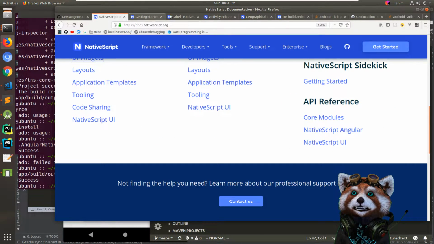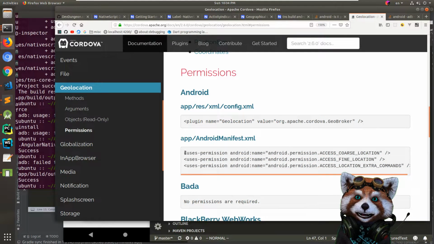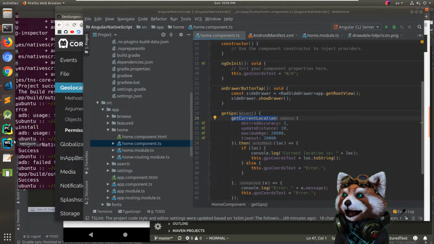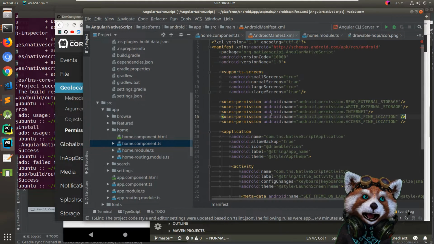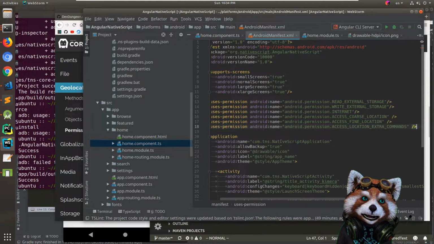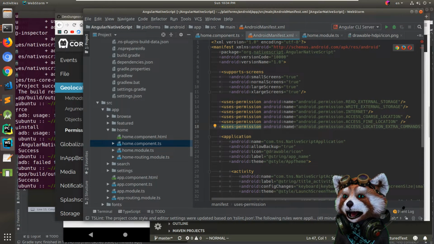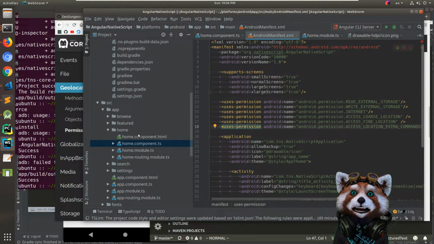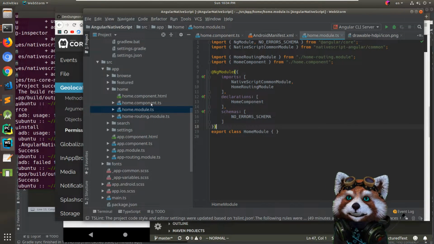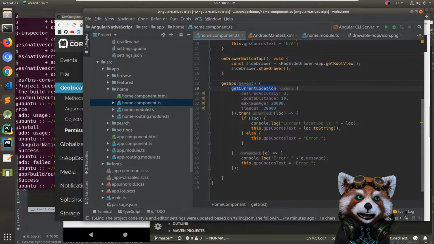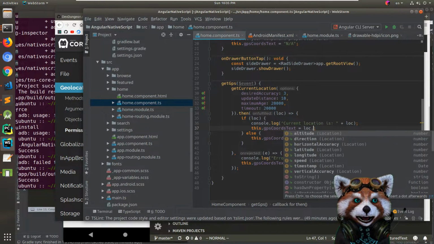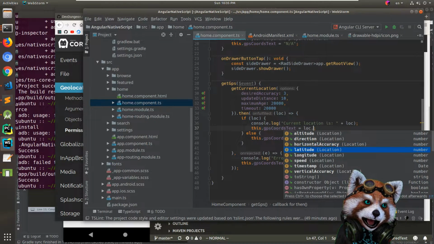So let me go back here, and I'm actually gonna put all of those permissions and see if that makes a difference. If I add all 3, is it gonna tell me, okay, now you've got it, you don't need to grant us anything now? But the second thing I need to do to fix this and finalize it is here. I don't want the location. I want the location dot latitude